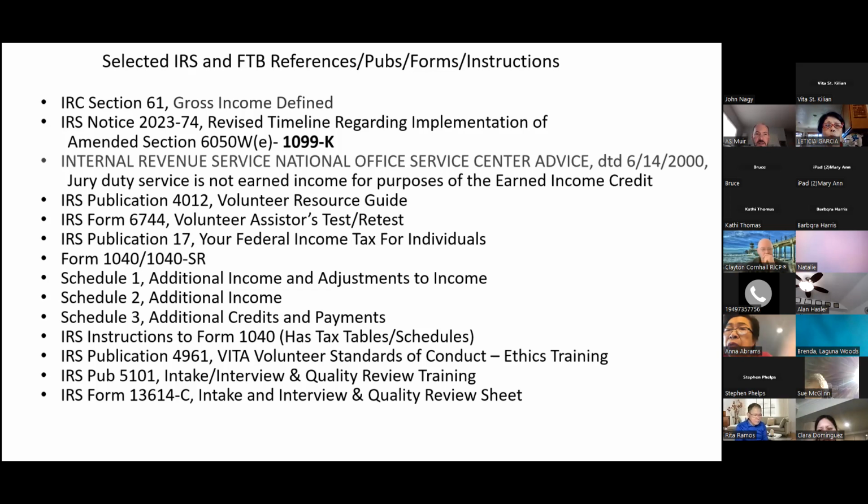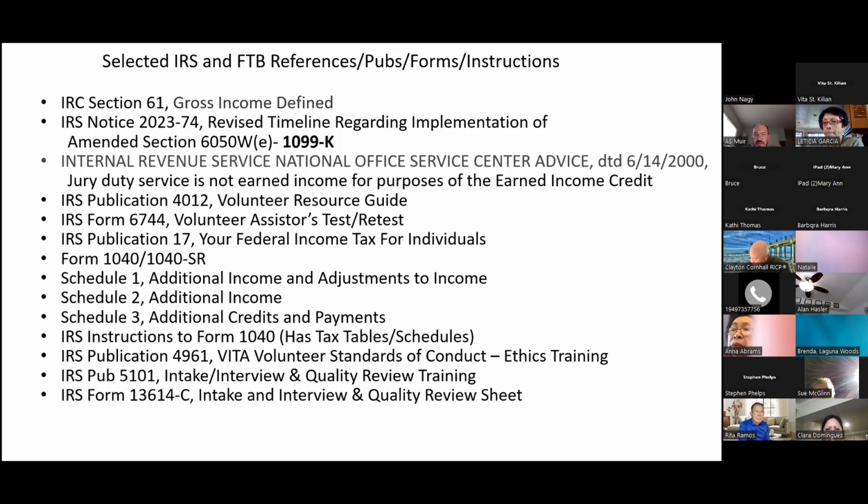All right, and then I was asked by Sean, our site coordinator, to talk about Notice 2023-74. And what this notice talked about is the delay in the implementation of the rules for the 1099-K. And so we know the 1099-K is an information return. We see a lot of that. I've seen it for individuals who drive for Uber and Lyft. I'll probably get one myself because this past season in my tax practice, I received a lot of Zelle payments. So I'll probably get a 1099-K. But the bottom line is it's an information return.